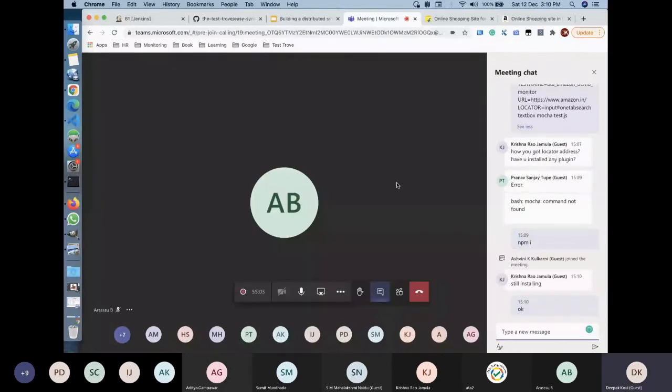While it is installing, if you have any questions related to the concept we talked about, or why we are using Puppeteer and Jenkins instead of any other tool, any kind of questions you have in your mind, or do you feel that this is an interesting area for testers going forward?